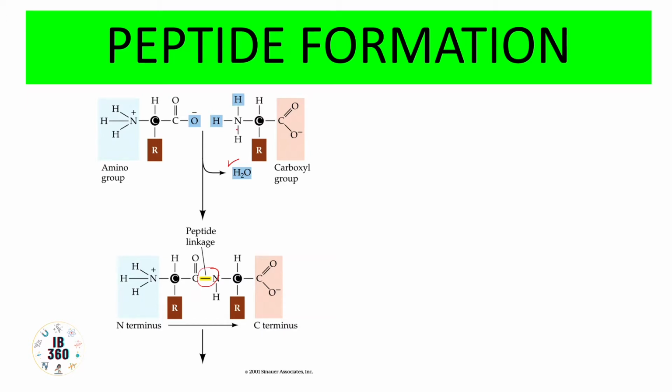Okay, so here usually there is an OH present, and that is how H2O gets eliminated, and this is the peptide linkage which is established. Another important thing which you must have noticed is N terminus and C terminus. In every primary protein structure rather, that is, there are various organizations of protein, primary, secondary, tertiary. You will see these things later on. So in primary structure, when we talk about primary protein structure,